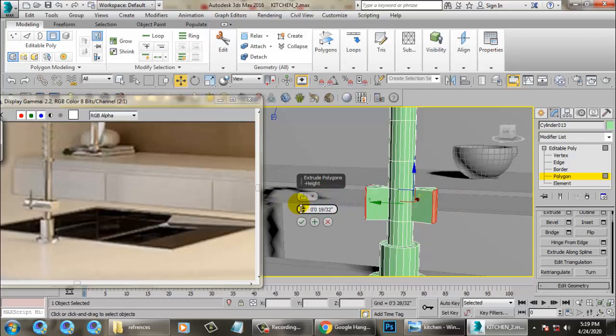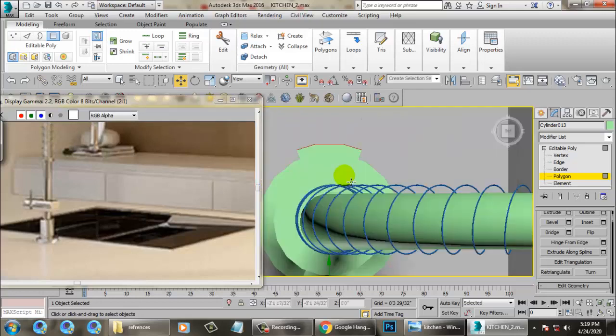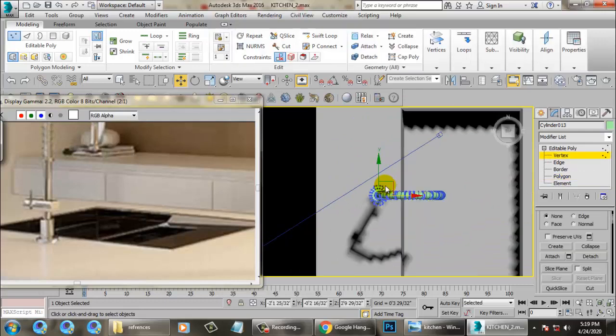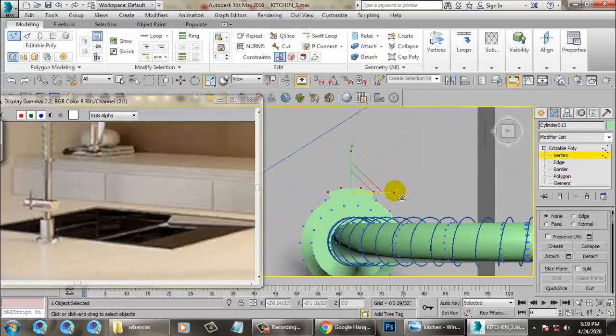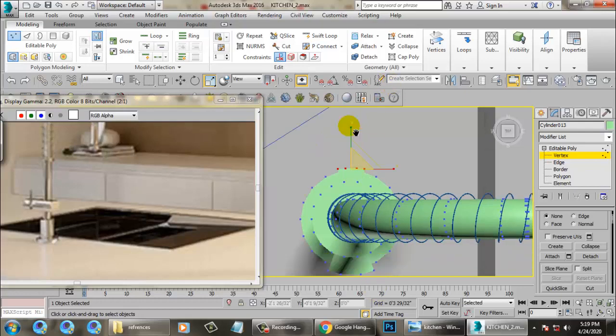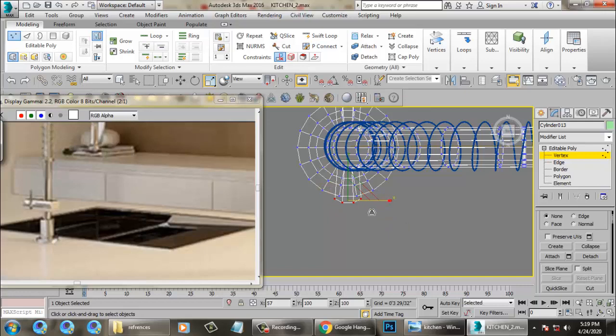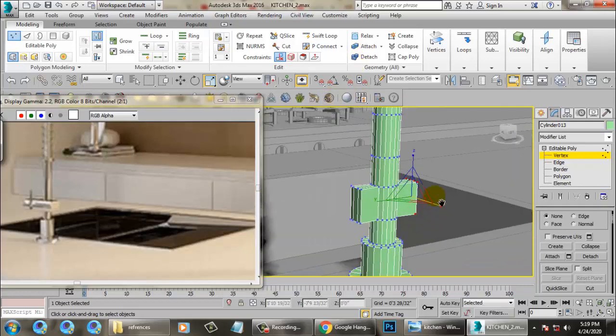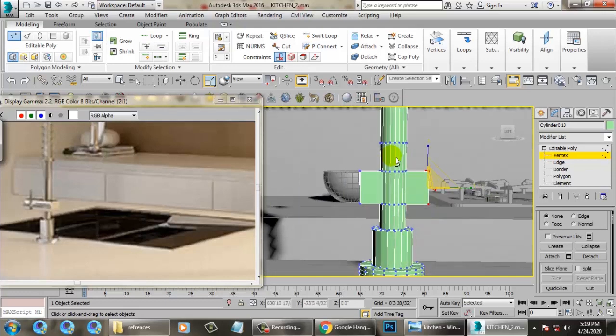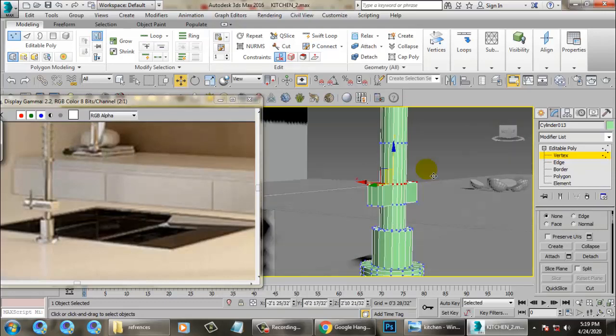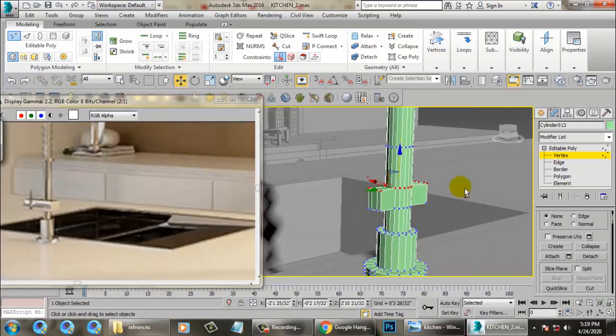Let's go to the top view and you can scale it and make it straight. You can just scale it and make it straight. Alright, so still we can select this and push this down in the right manner.